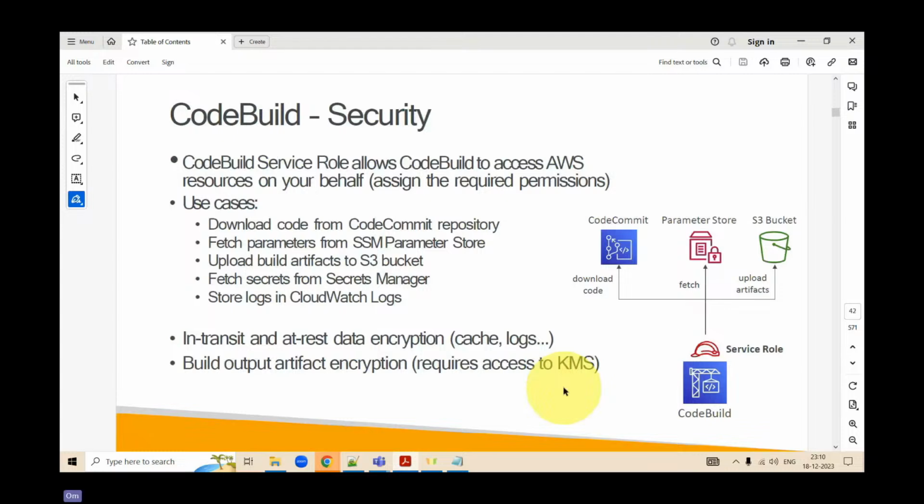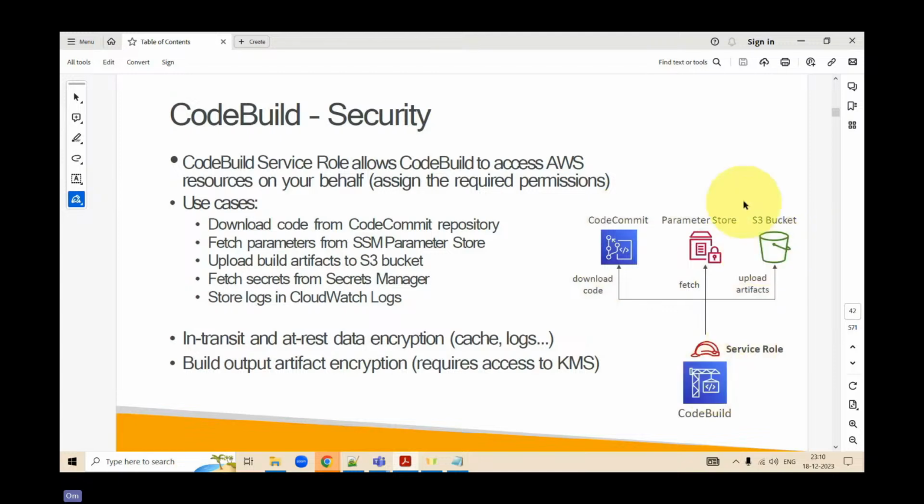Next, what are the code services that would allow you to access your resources on behalf of your AWS? I've told you many times that a service role helps you access a service on behalf of a service. So if you have a service role for CodeBuild, that role would allow you to fetch data from any of the AWS services.